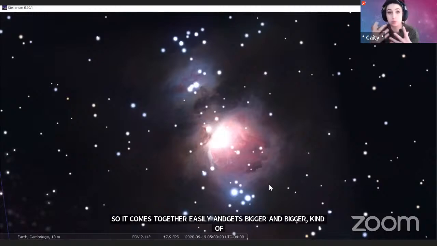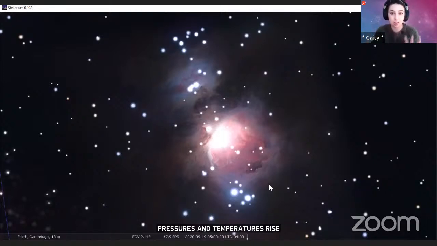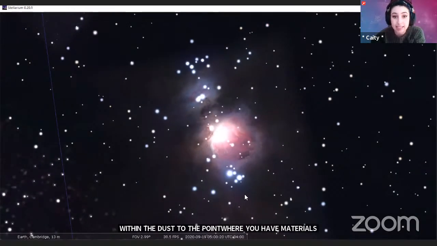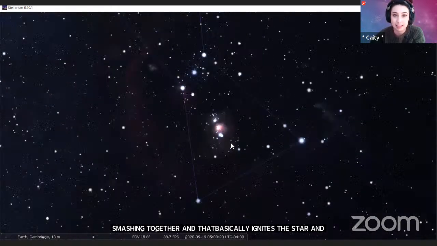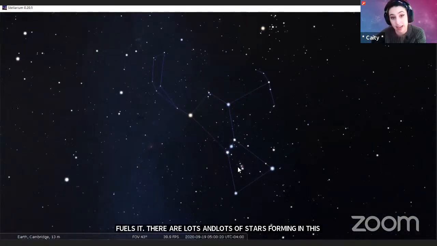Pressures and temperatures rise within the clump of gas and dust to the point where you have materials smashing together, and that basically ignites the star and then fuels it over the course of its life. So there are lots and lots of stars forming in this nebula that is conveniently named the Orion Nebula. All right, so that's one really awesome thing happening in Orion.